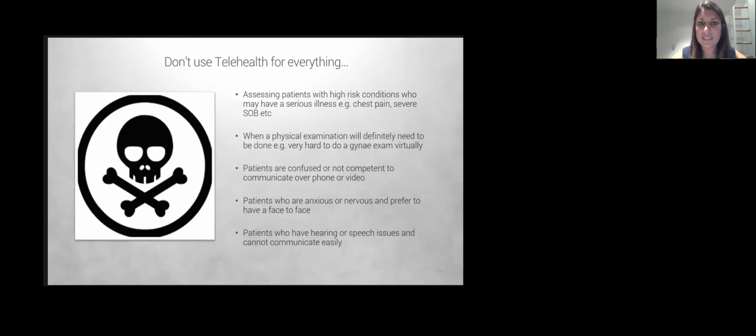If a patient really doesn't want it, they're anxious or nervous, don't force them, don't push them. And if you can't do it because you're self-isolating, or you are a vulnerable person and you don't want to see someone face-to-face, just make sure you've got arrangements with another GP, a colleague, or someone that you can refer the patient to. And it's the same with the registrars, just encouraging them to have that follow-up physical option for patients.